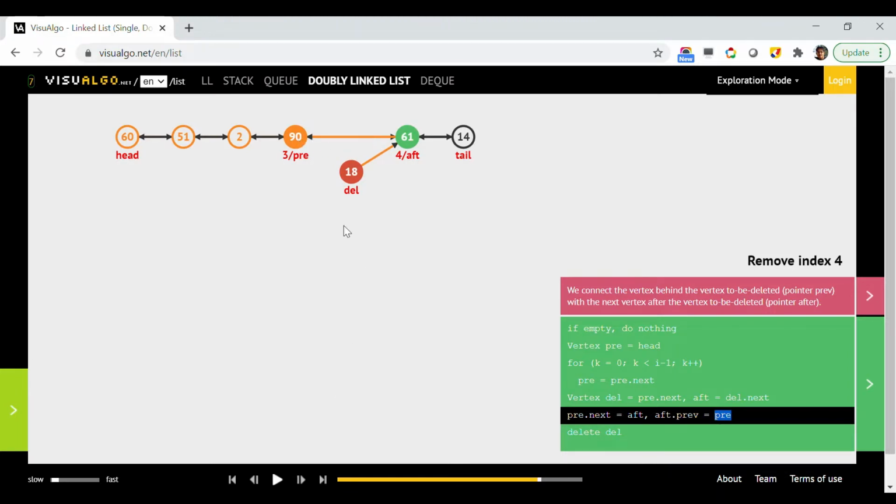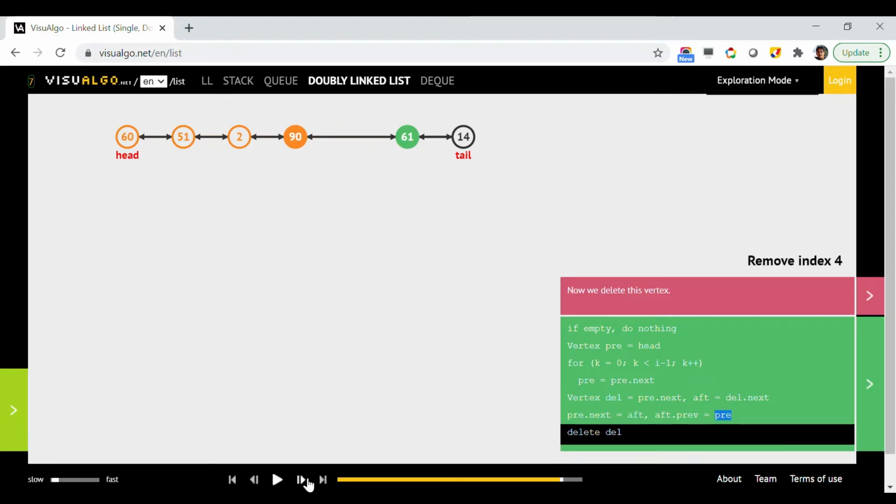So that thing is also being done over here. And so now 18 is almost bypassed, and since 90 and 61 are pointing to each other through their next and previous pointers respectively, now it is safe to delete